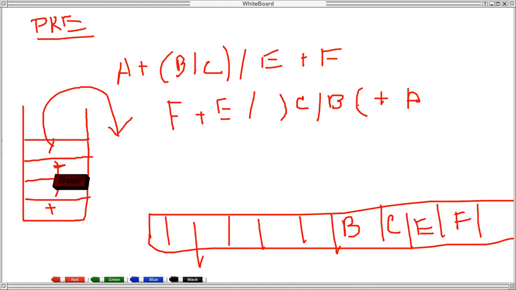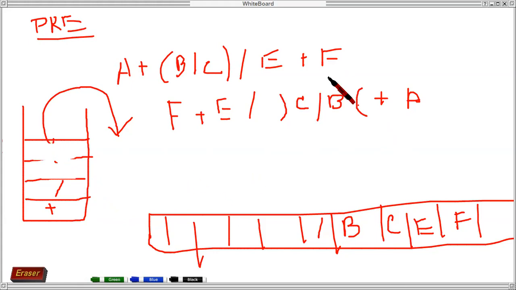And this closing bracket will get neutralized because of this particular opening bracket. So this division sign will come here. Okay, let me erase your division sign because it has already entered into the expression. So this division sign comes out. This opening bracket will neutralize the closing bracket. So these two racks of the stack are empty.